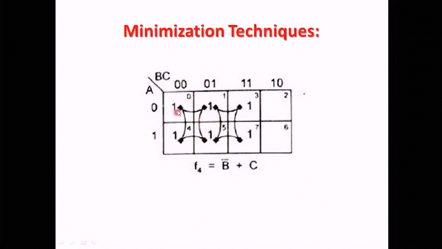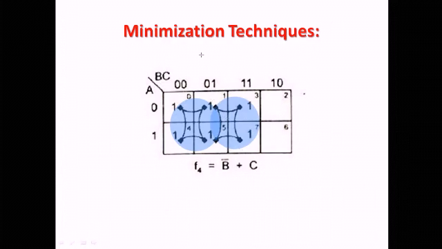Here, look here. Minterm 0, 1, 3, minterm 4, minterm 5 and minterm 7 are present. So what can we do? I have already told you that you can do the pairing with 1, 2, 4, then 16 ones. Here 6 ones are present. So you can do the pairing like this, taking 4 at a time. Like this, this is one pairing. Again, there is another pairing. These 4 are one pairing. Again, these 4 are one pairing.